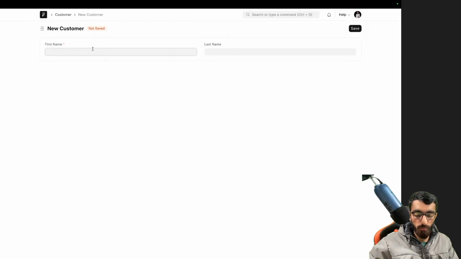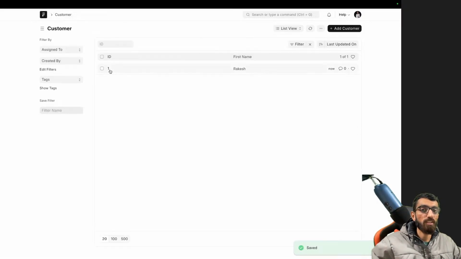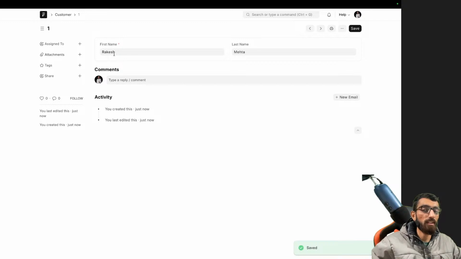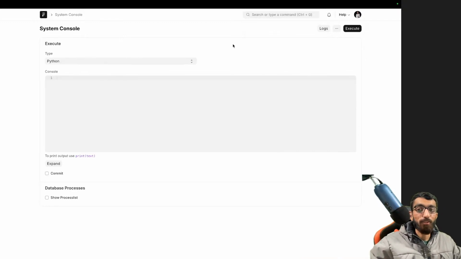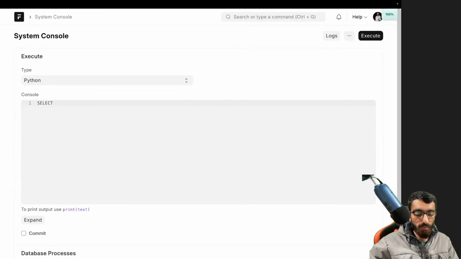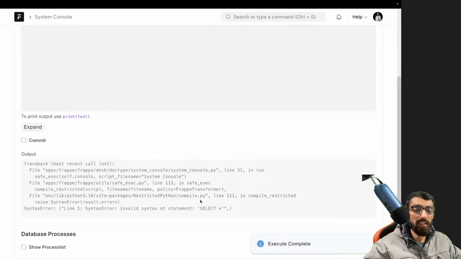Rakesh Mehta, like one was generated. This is the primary key. Then there are two other columns. So now if I go to system console, so you just need to know one thing. So if you try to do this right, let me just zoom in, select star from, what was the name of our doc type, customer, and execute this script, you will say whatever it is, it wasn't able to,